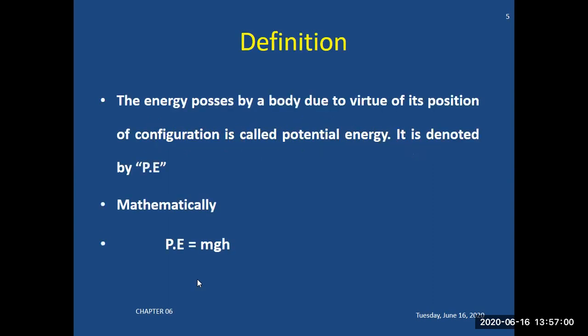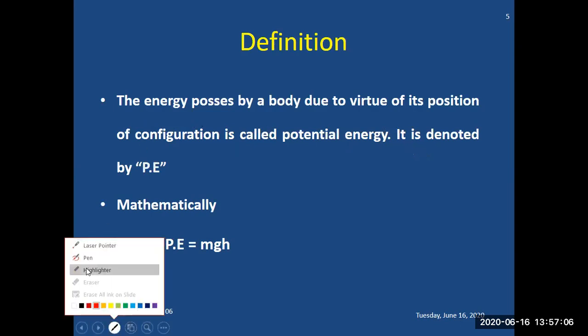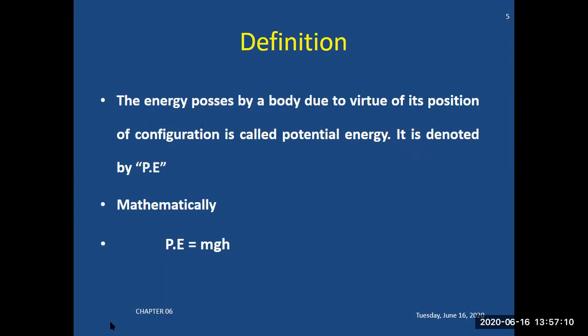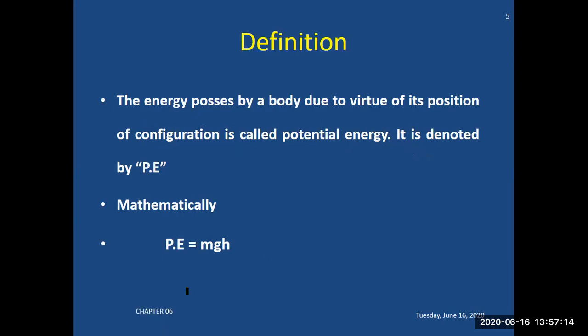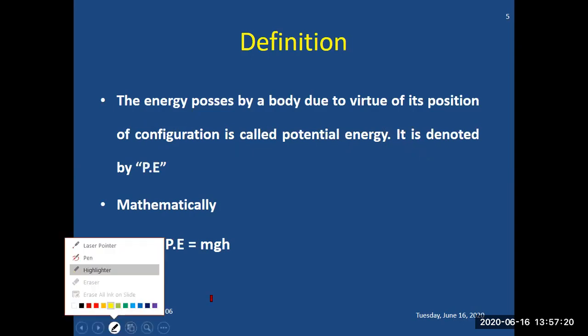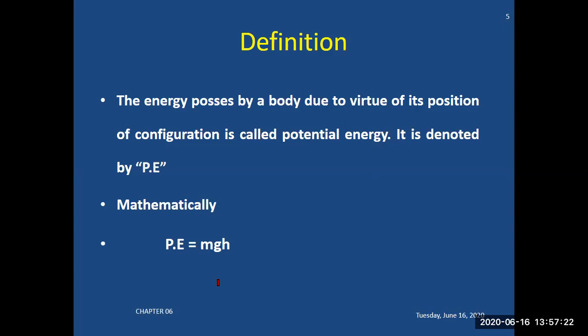So here it is. What's the definition? The amount of energy of a body by virtue of its position, that is called potential energy. So if you look at, you are lifting any type of brick, any type of block, and you lift it up to a certain height h. Basically, you have lifted an object of mass m against the gravitational force up to height h.